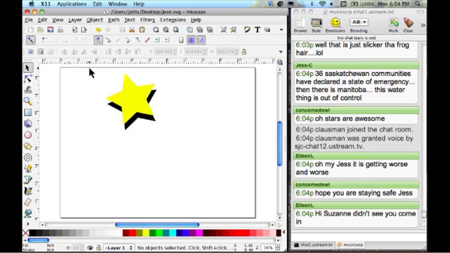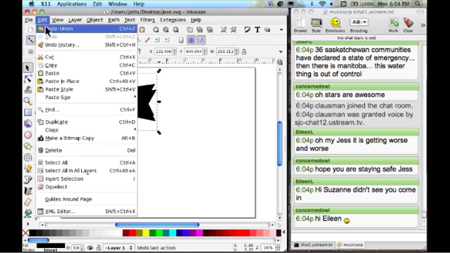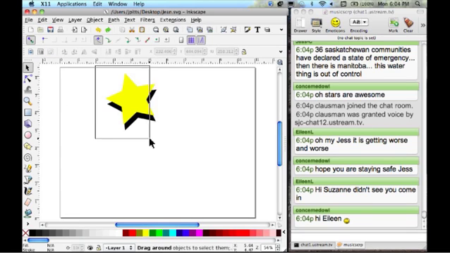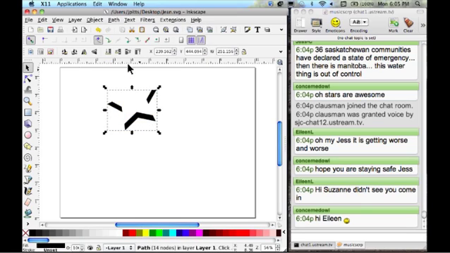So I just want to offset it. There we go. All right, yeah, I'm going to leave it the same size. So now what I'm going to do is take this, and let me see if it gives me what I want. No, I don't want a union. Hold on. I always have to think, yes, okay, edit, undo. Okay, so I want to cut out the yellow star from the black star. So I want to leave the difference of the two, okay? So what it's going to do is it's going to get rid of,